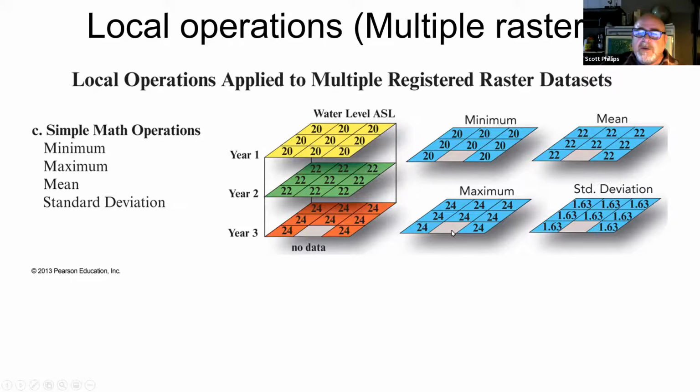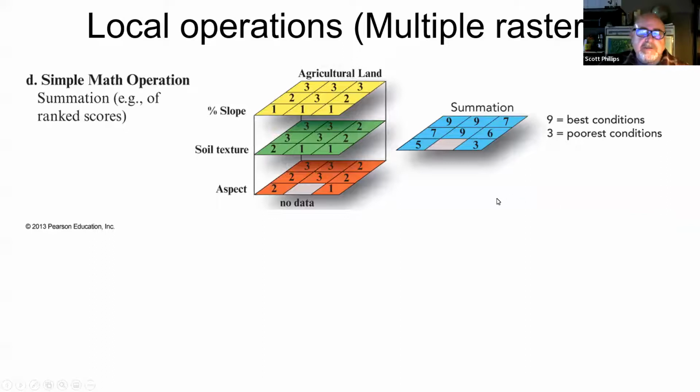So here we have a null, or no data value, for one of them, so it's not included in the operations. The minimum are the 20s, the maximum are the 24s. The mean average is 22; you can add them together, divide by 3, and get the mean. You can also calculate the standard deviation. You can also do simple math operations. If you have 3 sets of numbers, you can add them all together, so each of these numbers is these 3 added together. You can do the sum,